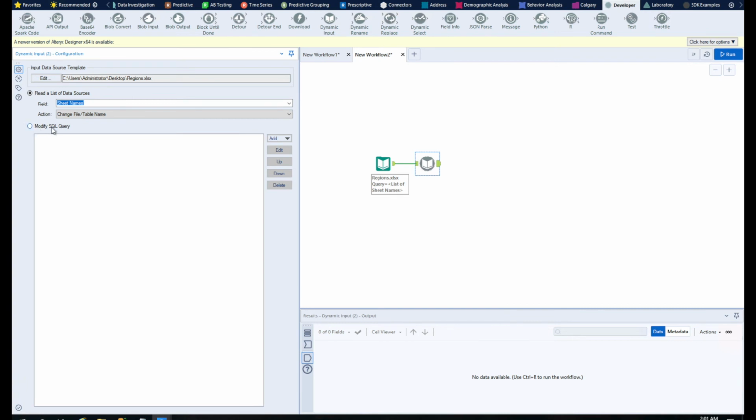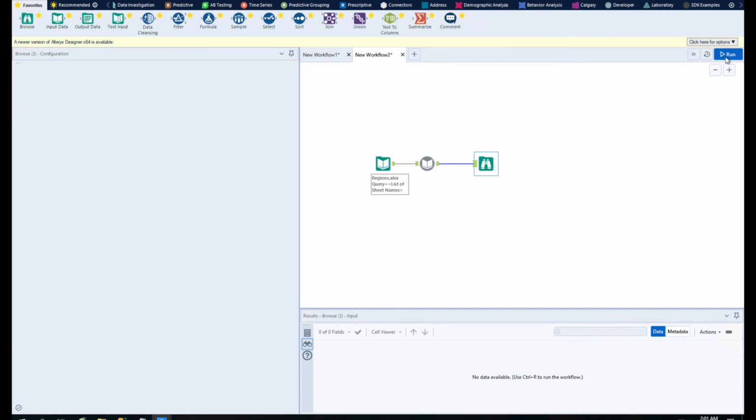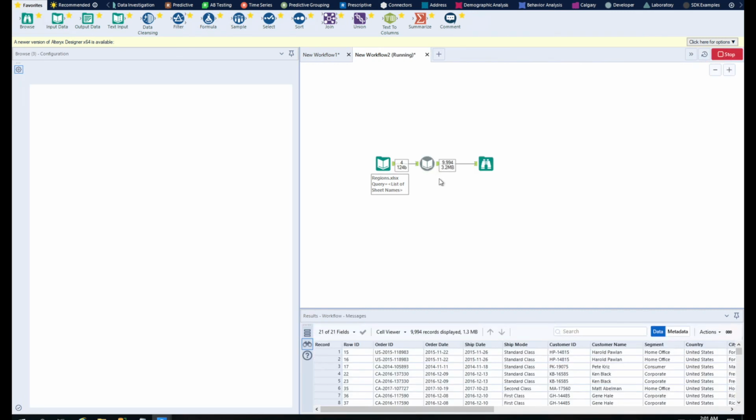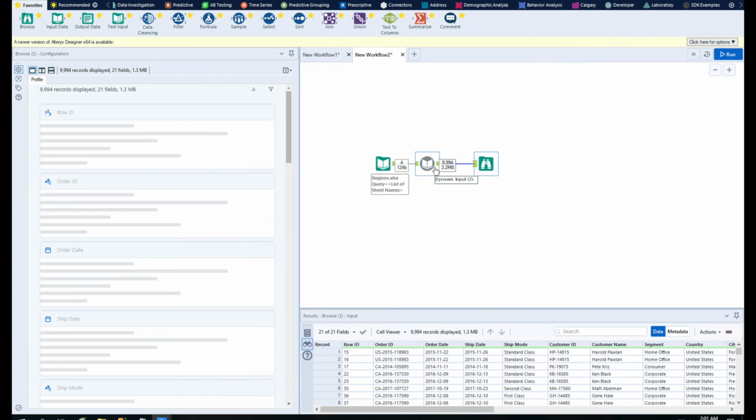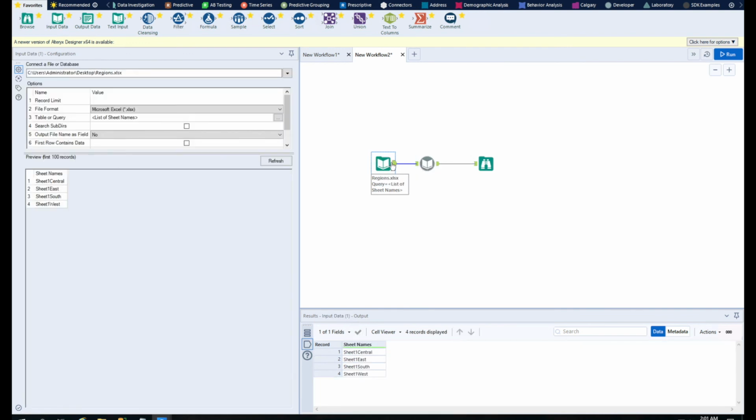It's your choice. Now what I have to do, I have to just add a browse tool, and we will see what happens. So I'll just add a browse tool and I'll run this. Here you see I got 9,994 records. Basically here all the sheet names are coming, and here how many am I having, four different sheets, central, east, south, and west.